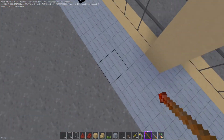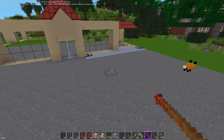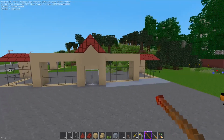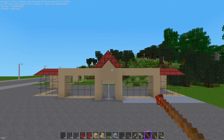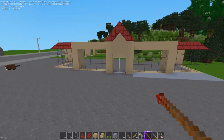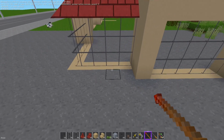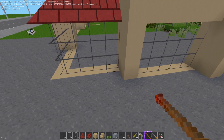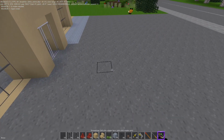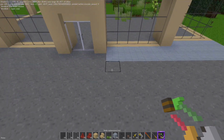So I want 3, but this is where the parking lot comes in. I think we have a good layout. This is going to have to go up by 1. These are going to have to go out. So I am going to have to alter that. That's no big deal. That's a couple commands. But before I get too involved,